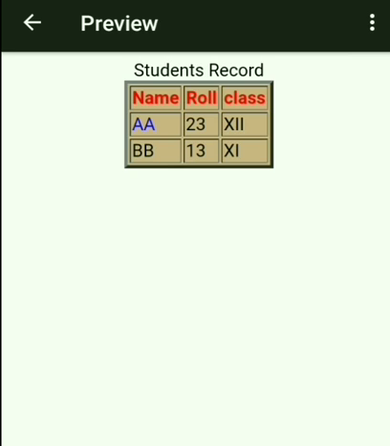Now if we want the students record to be within the table heading, what does it mean? It means that there must be one row which is merged for all the columns, merging the row. So we need an extra row and we have to merge these cells to write the students record. Let us see how we could do this.